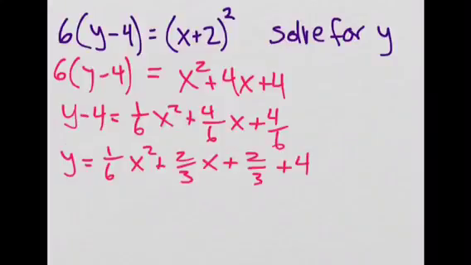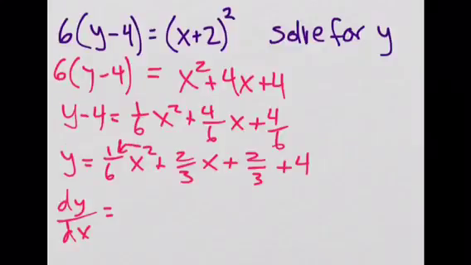So now that I've solved this equation for y, I can go ahead and take the derivative. Now, what happens to the left side of this equation when I take a derivative? Well, y becomes y prime, or we can just write that as dy/dx, the derivative of y with respect to x. So anytime you have a y term like that, you'll always end up with a dy/dx there. Now my first x term, x squared with the coefficient of 1/6, I need to multiply the 1/6 by that power. So the 2 times 1/6 becomes 2/6, which is 1/3,